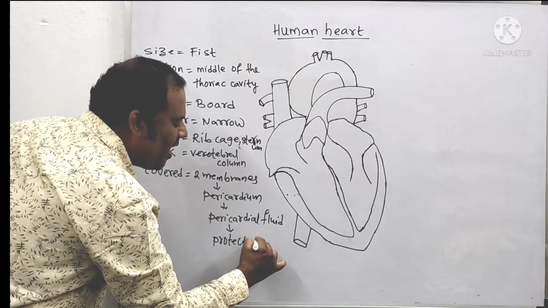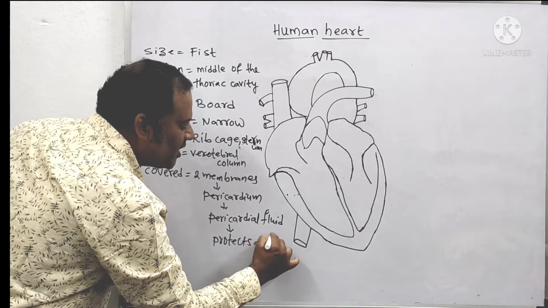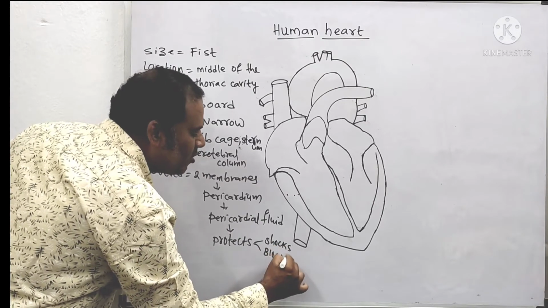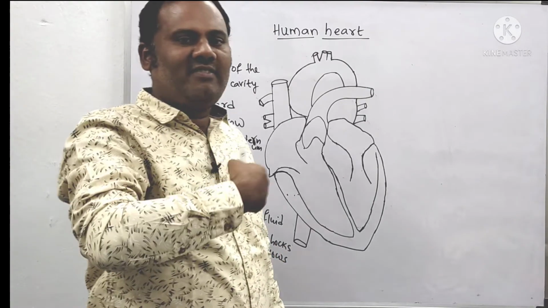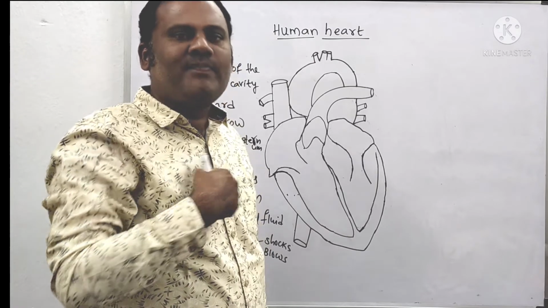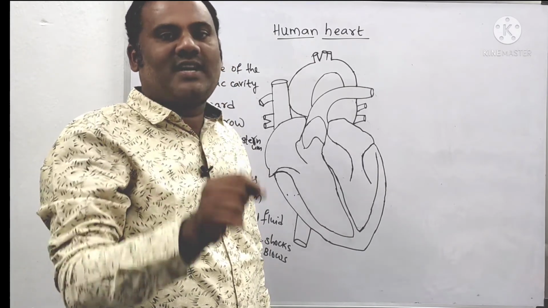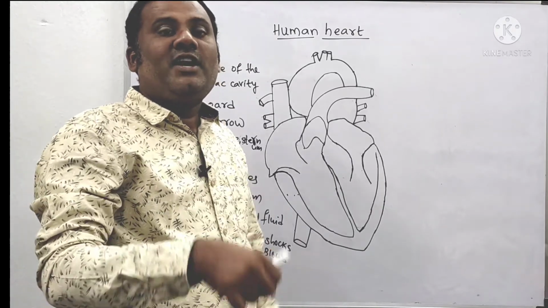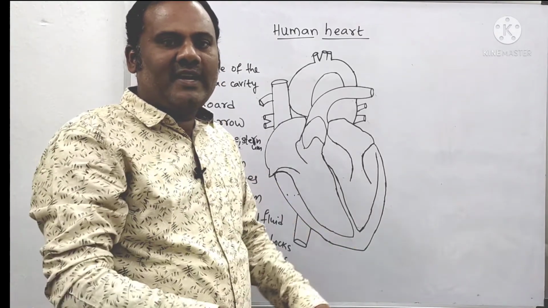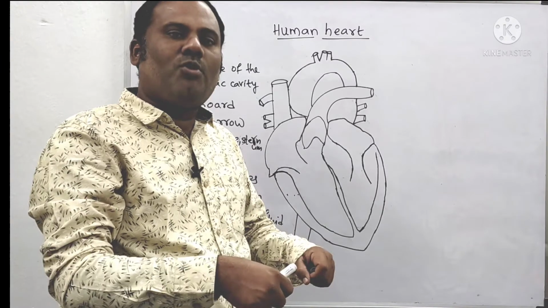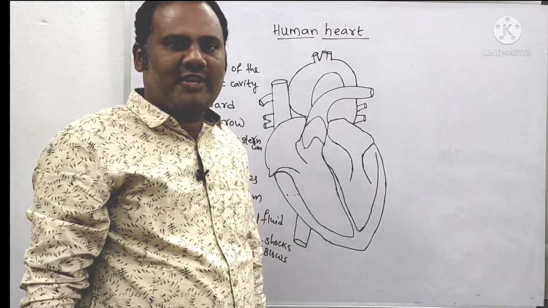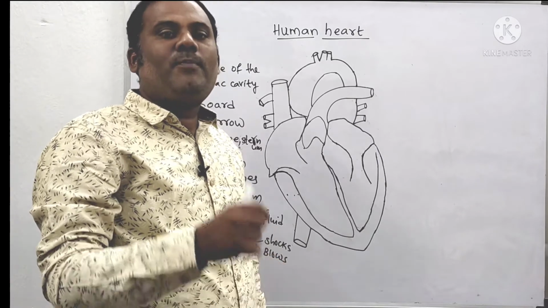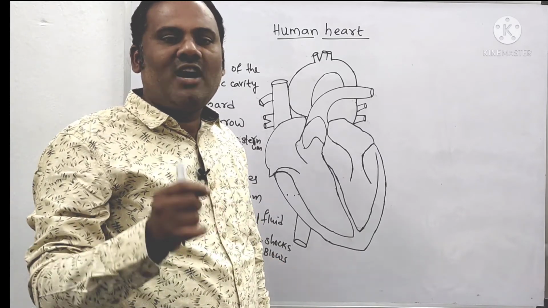It protects the heart from external shocks and blows. That means if any sudden hit occurs upon your chest cavity, the heart may not be damaged, to a certain extent, with the help of this pericardial fluid. Just like when you are going on a bike and a speed breaker comes, the shock absorbers absorb the total shock and only lightly give you a jerk. Same like that, the pericardial fluid protects you from external shocks and blows.